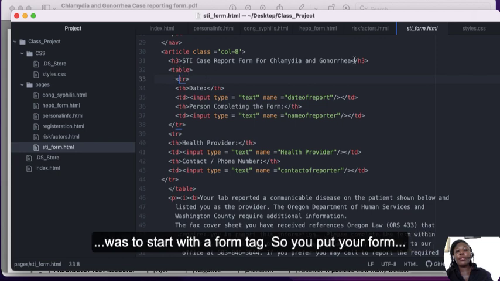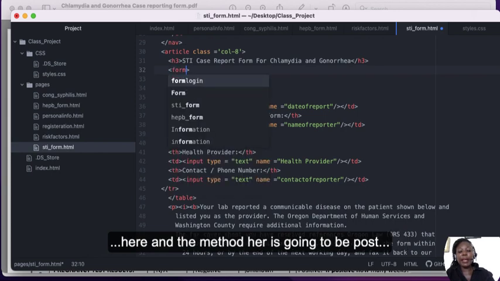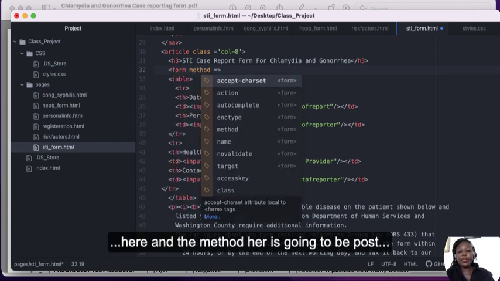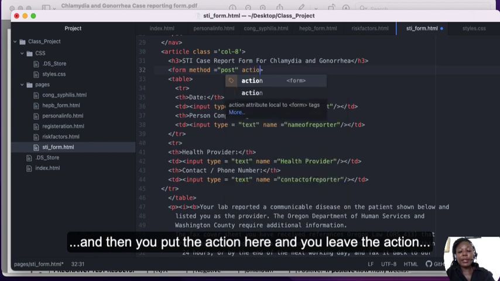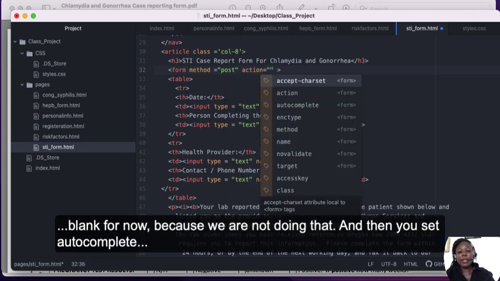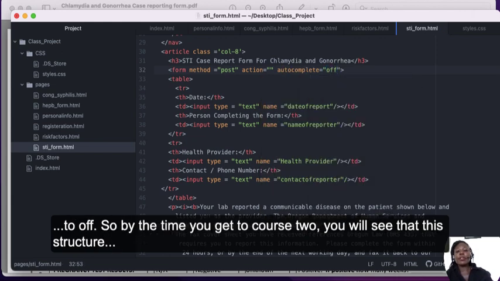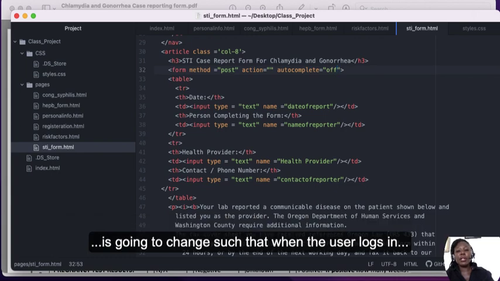So what I did not do here was to start with the form tag. So you put your form here, and the method here is going to be post, and then we'll put the action here, and you leave the action blank for now because we're not doing that. And then you set autocomplete to off. So by the time we get to course 2, you will see that this structure is going to change so that